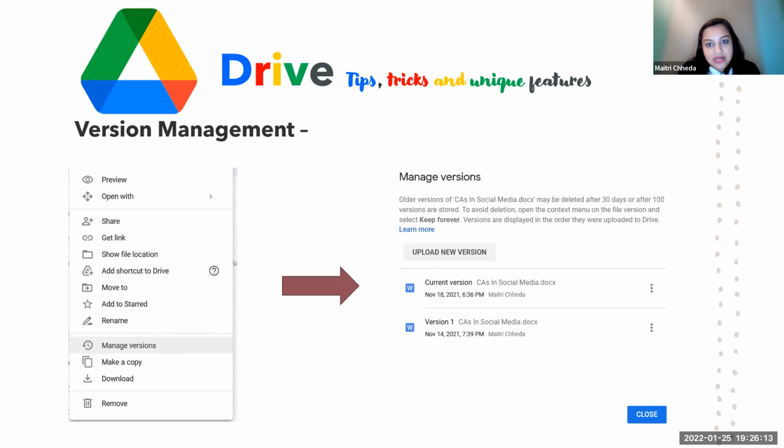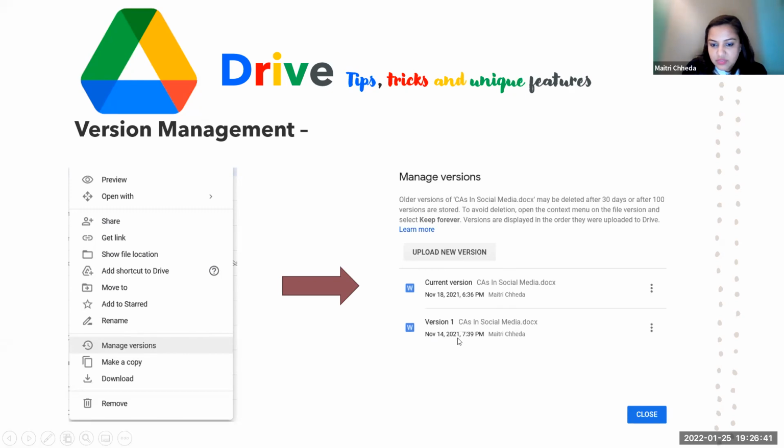So Google Drive over here comes to your rescue. Google Workspace comes to your rescue. In case all your documents are within the Google Workspace environment, this also is true for OneDrive and Office 365. So it's similar features. But since we're talking about Google, you just right click on a file. You have the manage versions option. The moment you click on manage versions, you have so many versions.